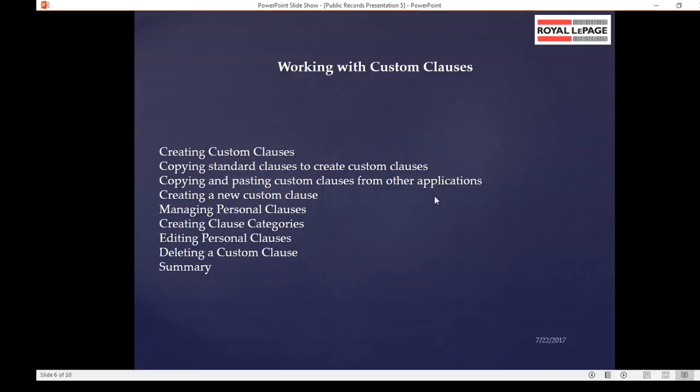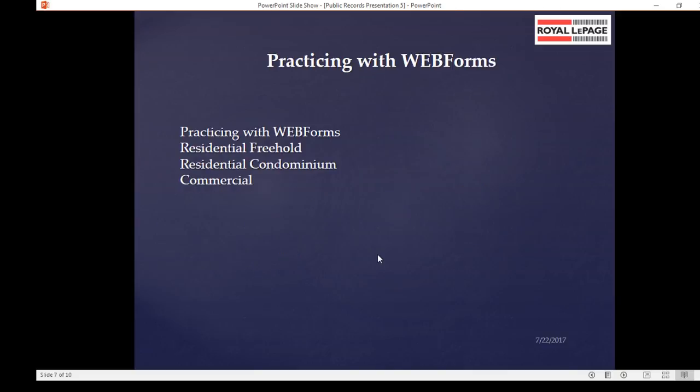We'll also be covering custom clauses, how you create your custom clauses, how you can copy the standard clauses to your custom clauses section, and how you can modify them further, right? Copying and pasting custom clauses from other applications as well. We'll be covering that too. So creating clauses, categories, all that stuff we'll be covering, and then we'll move on to practicing with